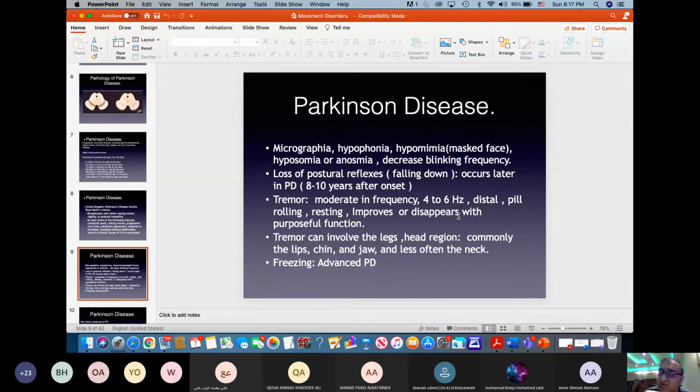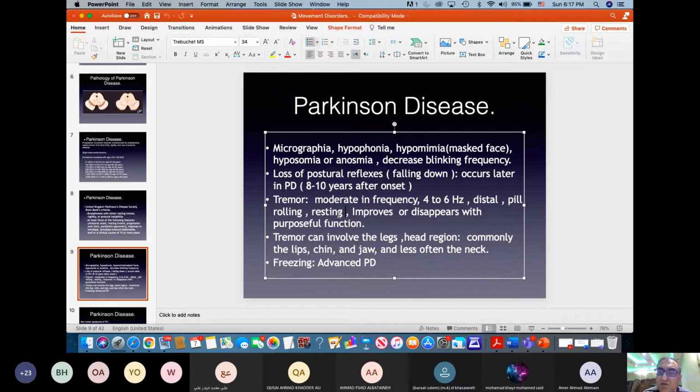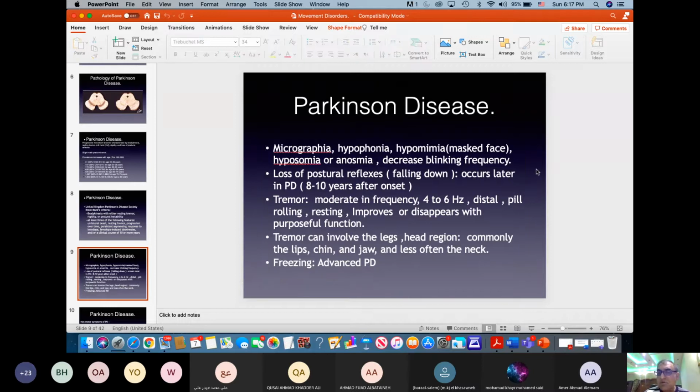So anywhere from 4 to 6 or 3 to 6 hertz. Distal pill rolling, more resting. So this is a key feature, resting tremor. What that means, resting tremor? It's more clear, the tremor, when the hand is at rest, or the arm at rest, or the patient at